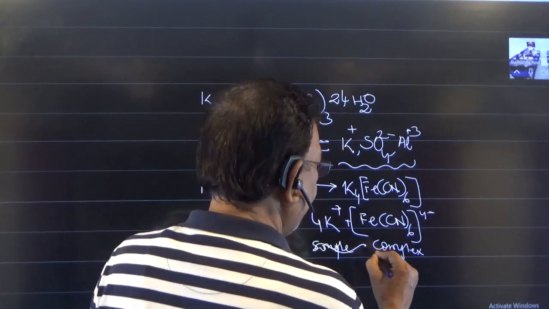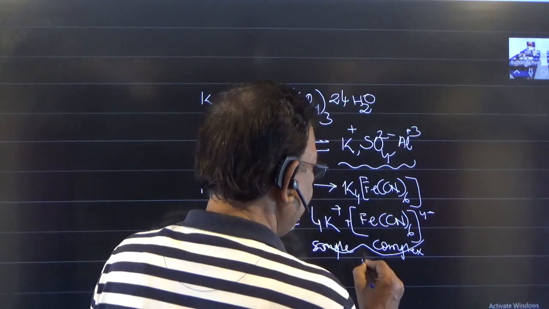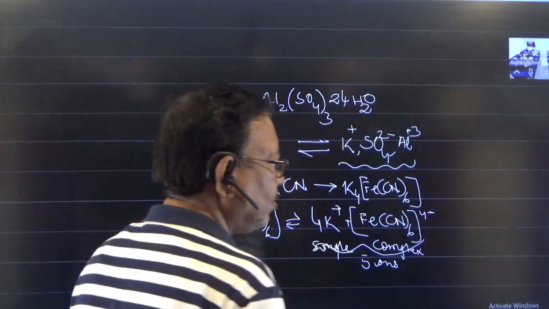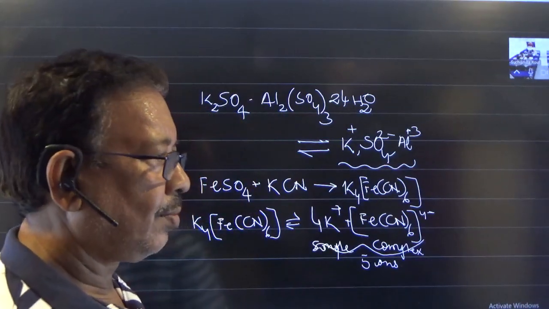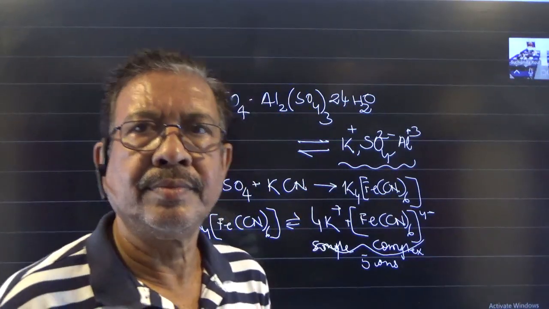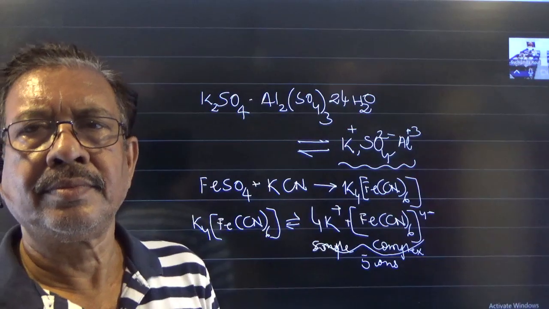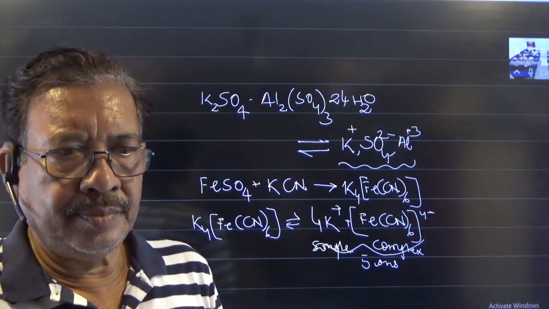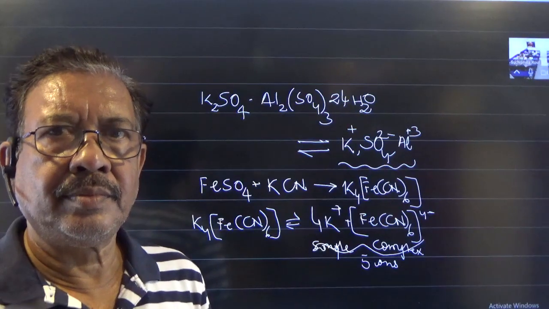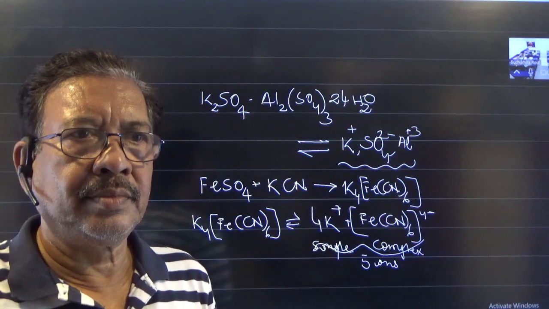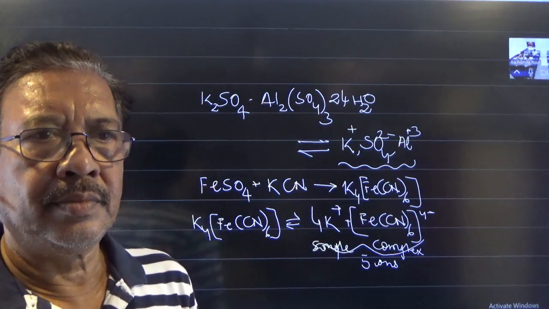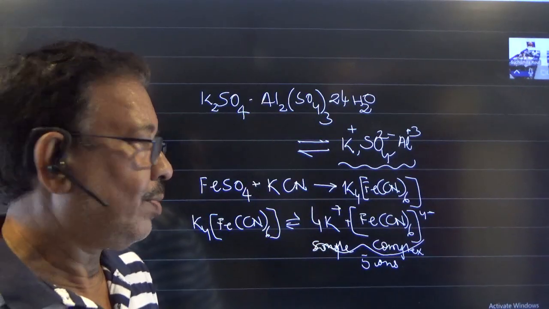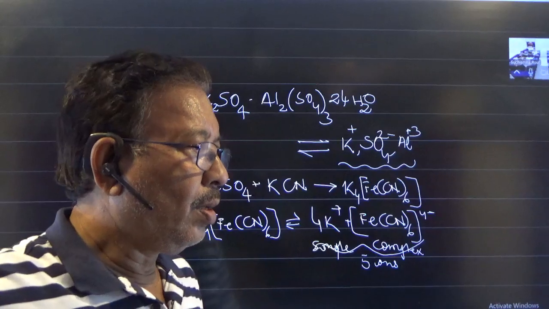So the total number of ions is 5. Is it clear? Yes, sir. Now,